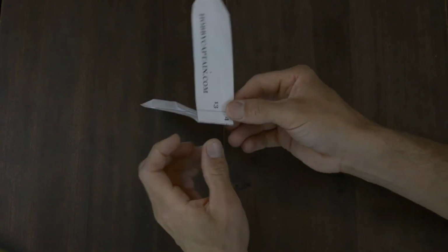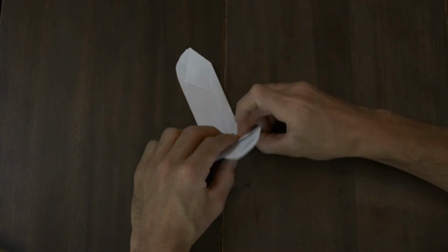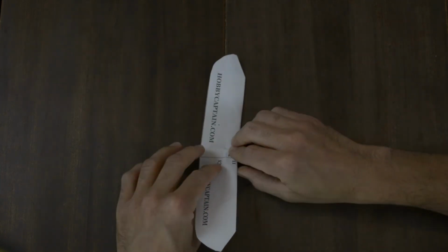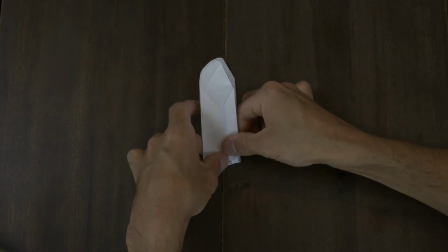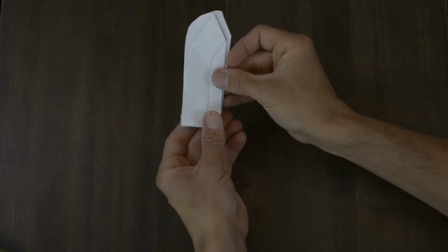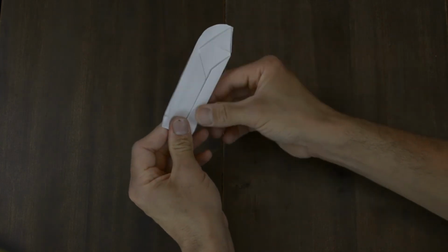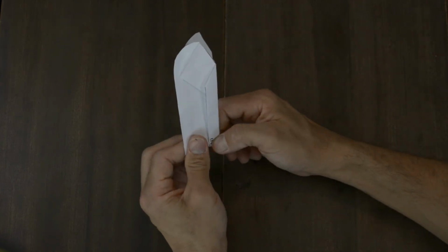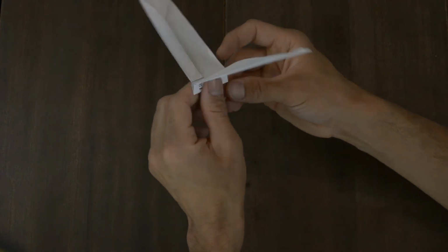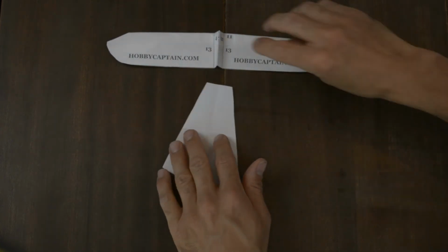And now for the wings. So for the wings, I'm going to try to fold one wing nicely along that line. And on this side, I just want to bring the wing together with the other one. Try to make this fold symmetric. Okay, there's the wing. All right, now we're going to have to